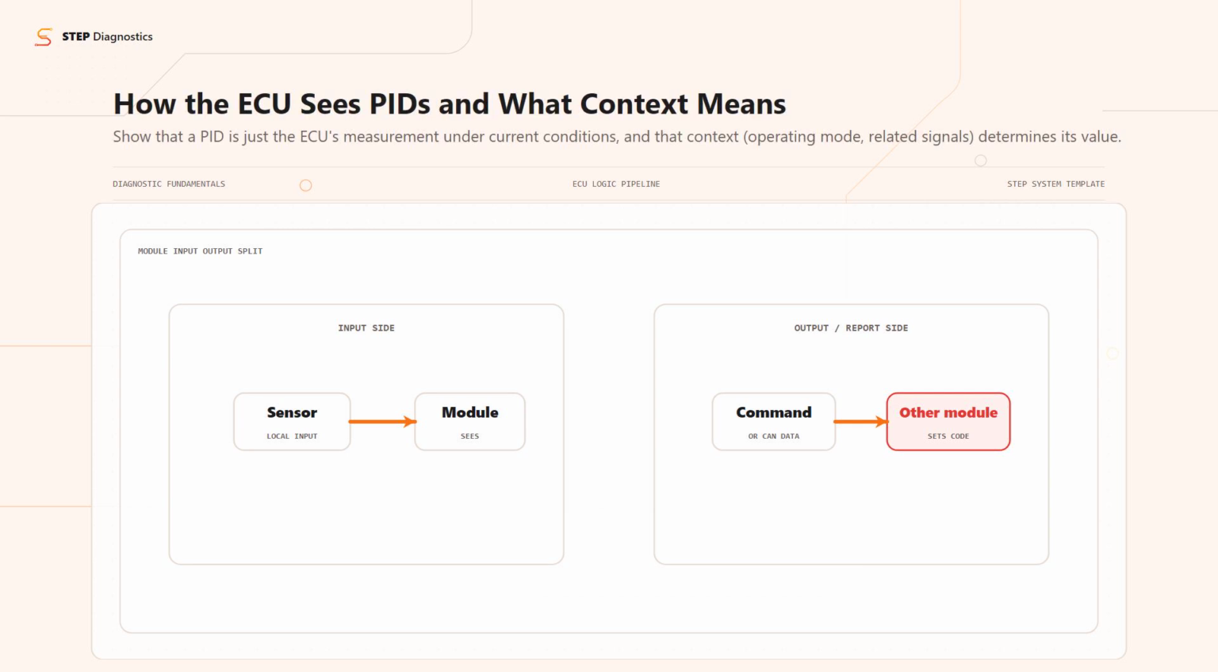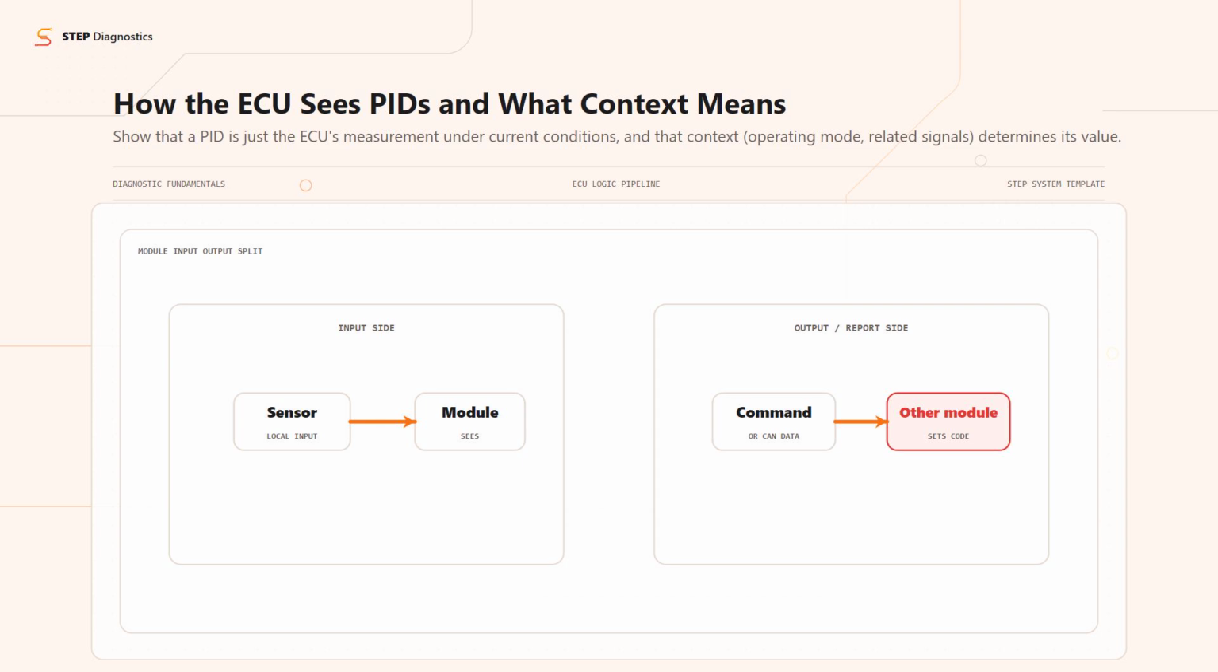A scan data PID is only as reliable as the context in which it was read. The ECU sees input voltages and calculates values based on its logic. But that PID alone doesn't always reflect real-world conditions. True understanding comes from knowing what should be present under the exact system behavior and comparing it to both expectations